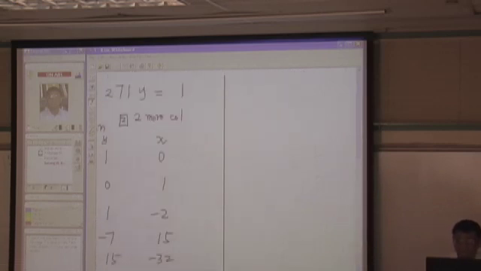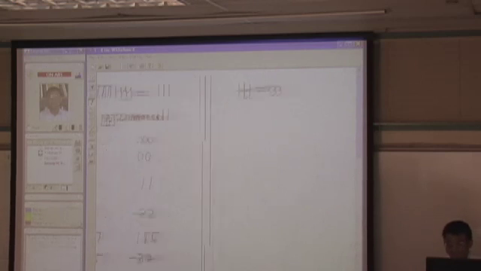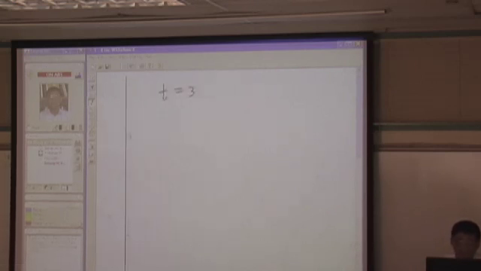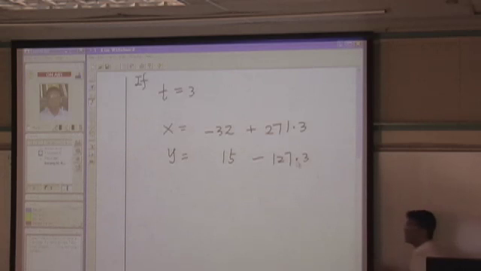So if T is equal to 3, what happens? If T is equal to 3, then x equals x0 plus 271 multiplied by 3, right? And then y equals 15 minus the other number, 127 multiplied by 3, right? I said this is a solution. So let's check whether this is really a solution or not. So let's do it. If we calculate this,